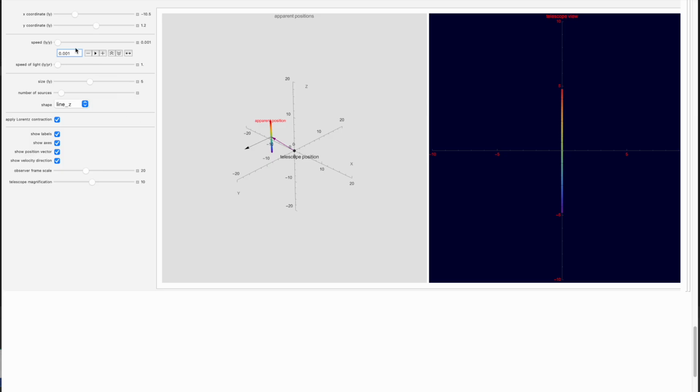So now let's increase the speed. But again, before that, let's think about this. Now, a line, we know that Lorentz contraction wants to compress things in the direction of motion, but now the line is perpendicular to the direction of motion. So we don't expect Lorentz contraction to have any effect whatsoever in this geometry. So this will be a nice little check.